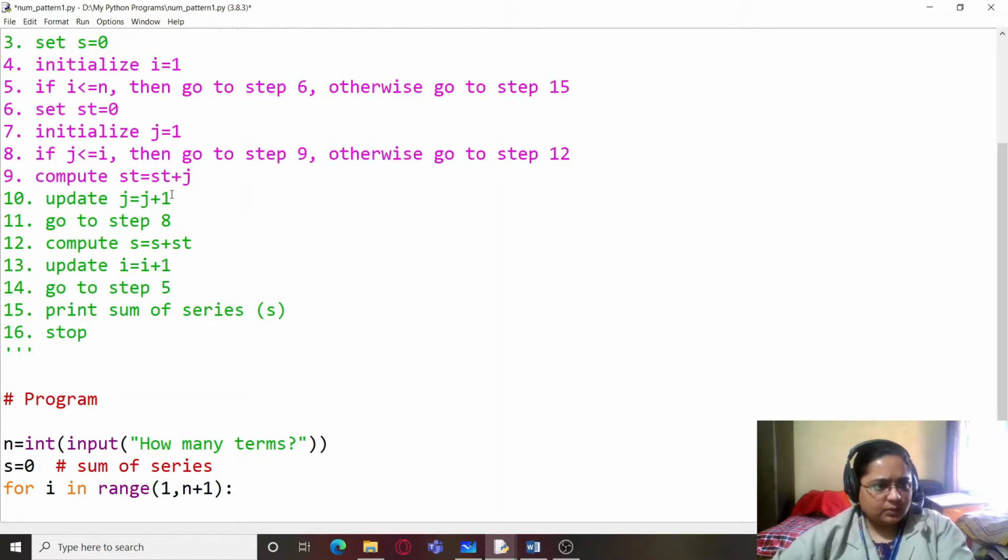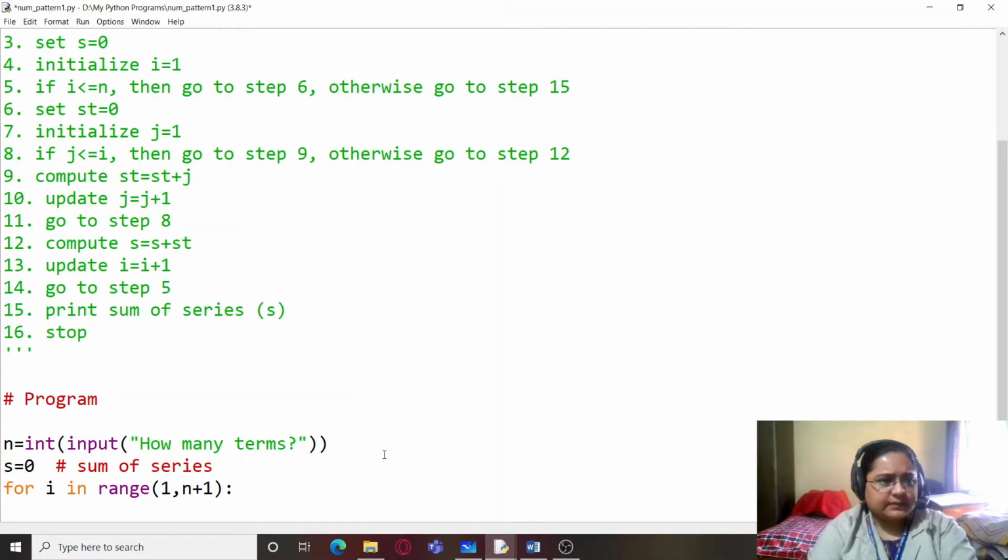So the outer loop's boundary is over here. Outer loop block is still from step number 4 to step 14, where 4 and 5 are already there, initialization, that is start value and stop value, and the 13th one is the update expression, which is already the skip value, and looping back is already handled by Python internally.